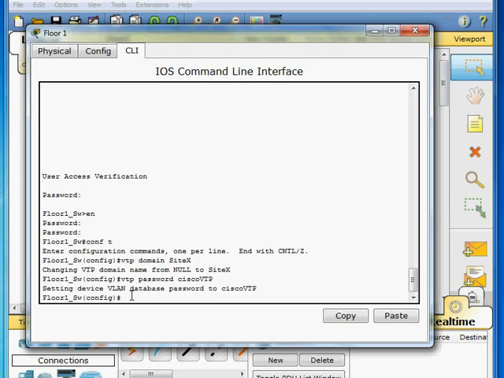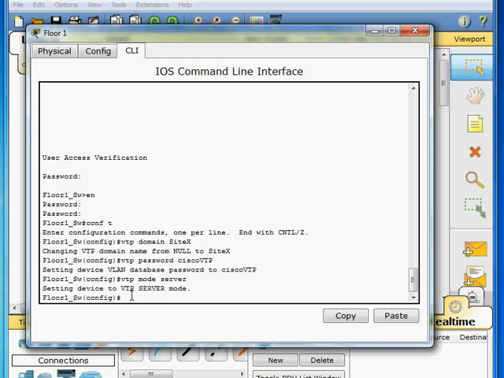And while we're at it, since we're on switch 1, this is going to be the server of the 3. So we want to set its mode. We're going to say VTP mode server. So now it's in server mode. If you remember correctly, all switches are generally set as a default to be servers, but this is an existing network, and it wasn't set as server, so that's why it didn't give us the old tried and true message saying it's automatically server. So, alright. Next up,